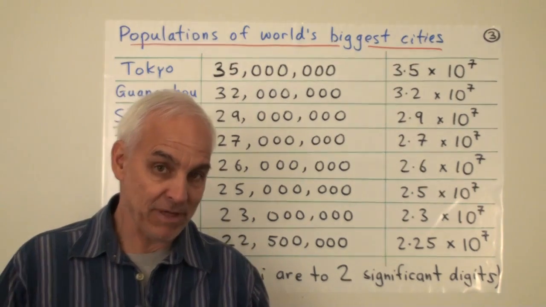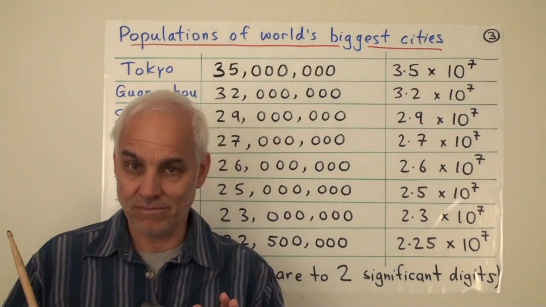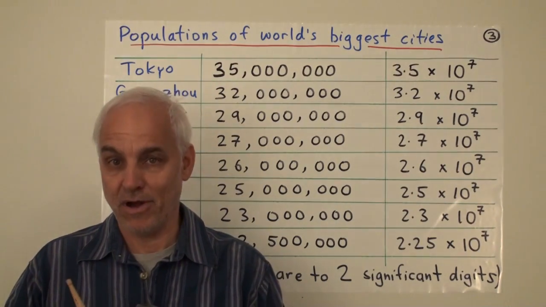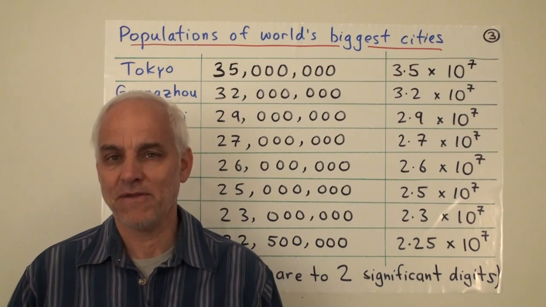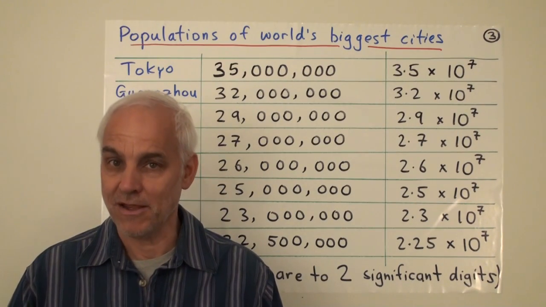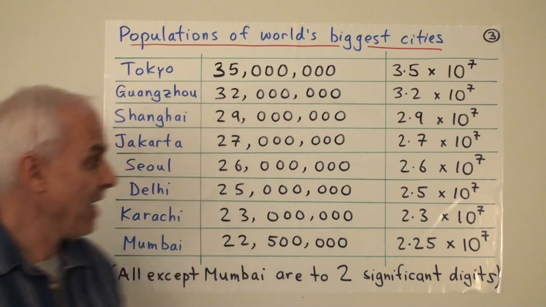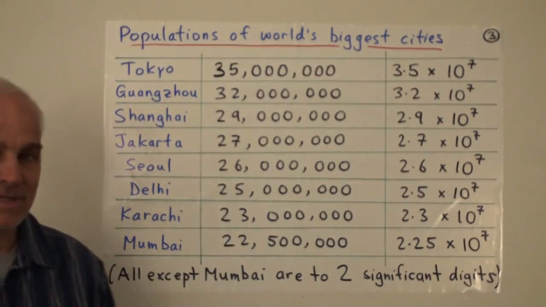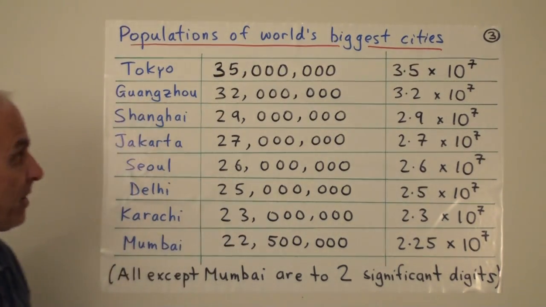So when we say that a population of a city is a certain number, we have to take it with a bit of salt. There's some potential for error there. We shouldn't pretend that we're getting something too exact. So even though Sydney is a pretty big city, there are lots of other cities in the world that are considerably bigger. Here are the top cities by population in the world currently.